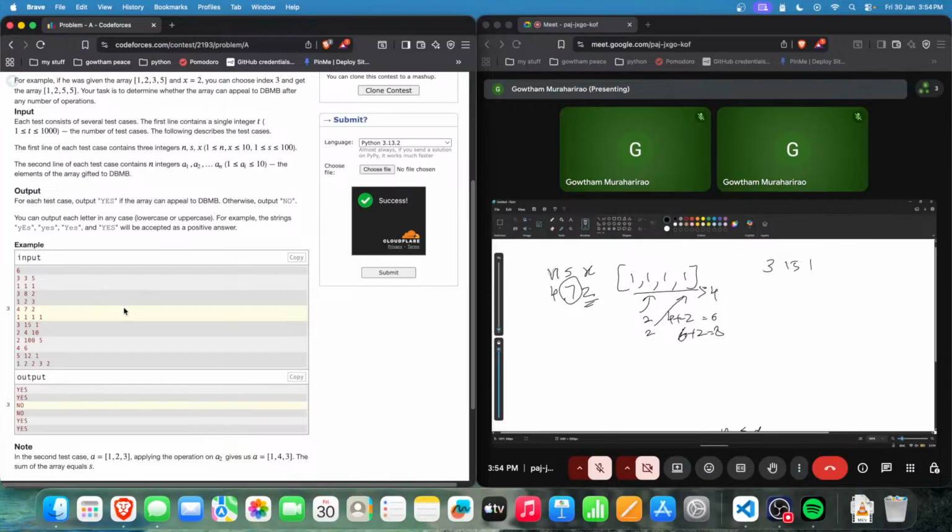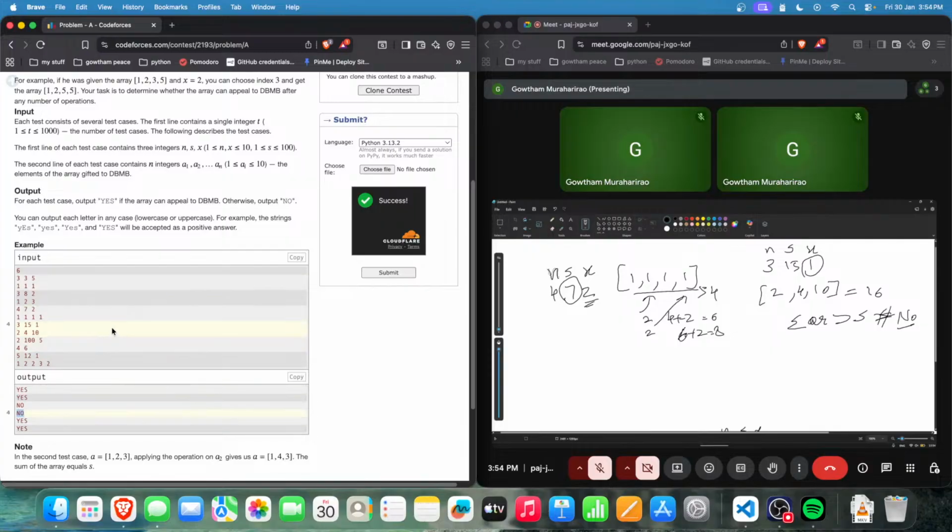Let's test it out for this. 3 15 1 is N, S, X. So here 2, 4, 10 are the values we were given. Let's add this, it equals 16. As the sum is already greater than S, there's no way possible for us to add more and get the sum, so it's a no. So we see that is a no here. And next,